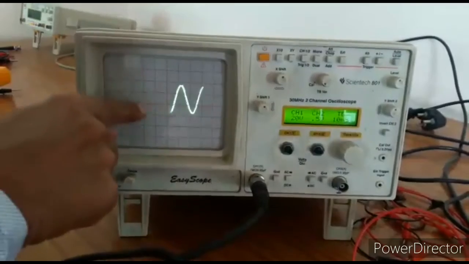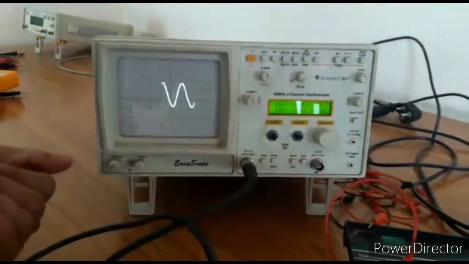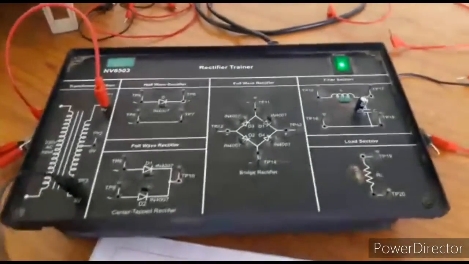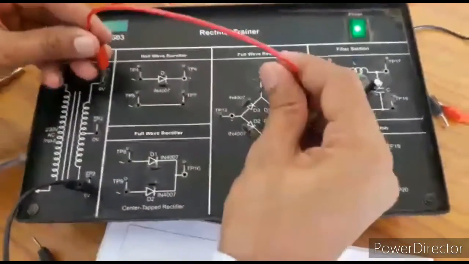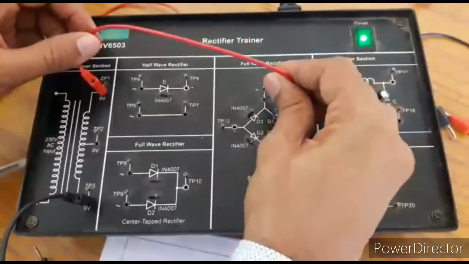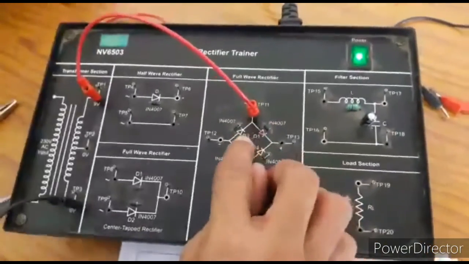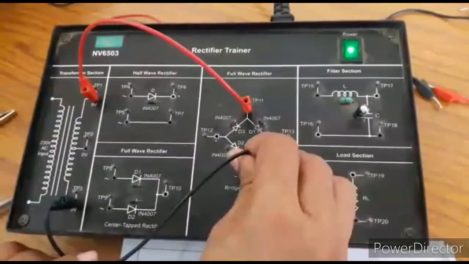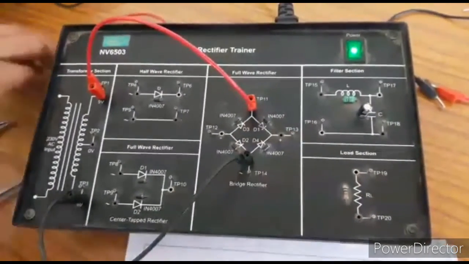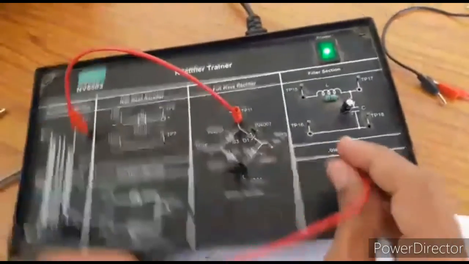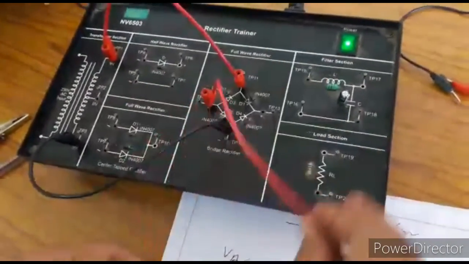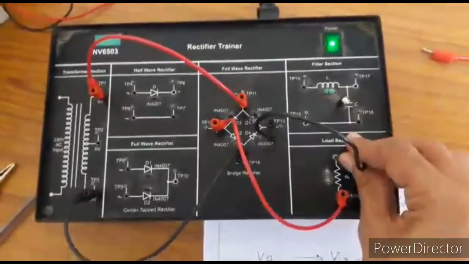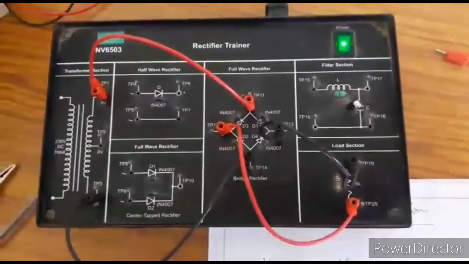We have to convert this signal into pulsating DC using a bridge rectifier. So we will design a bridge rectifier circuit. For designing the bridge rectifier circuit, we will connect the positive terminal of the supply with the diode's positive terminal, and its negative terminal will connect here, and the negative terminal of the bridge rectifier circuit will connect to the negative of the resistor, and its positive terminal will be connected to the positive terminal of the resistor. In this way the circuit is completed.